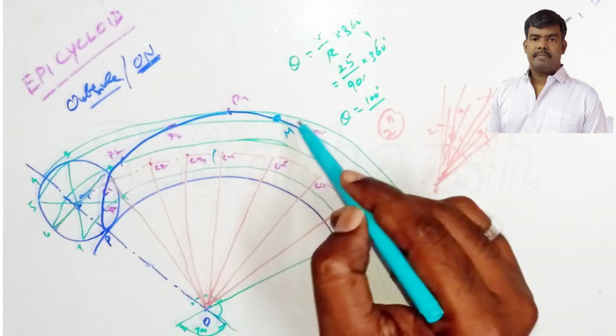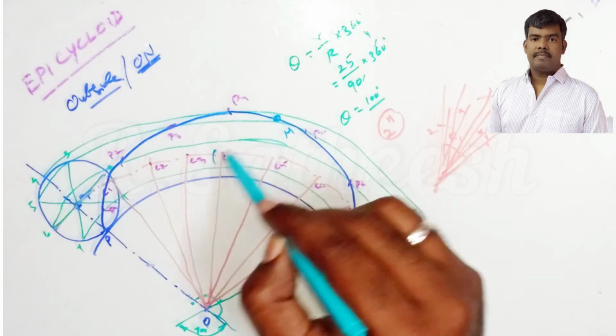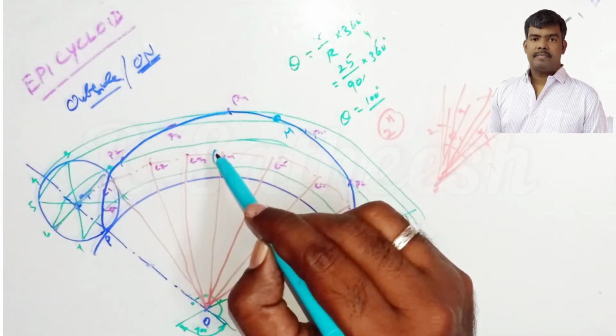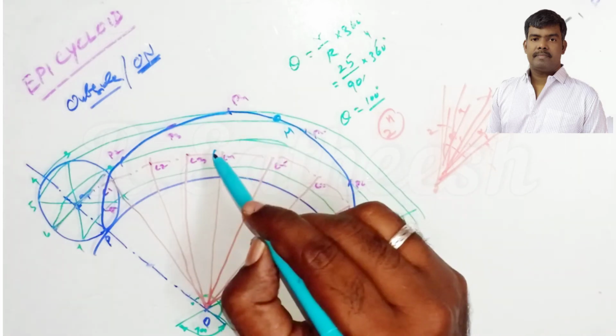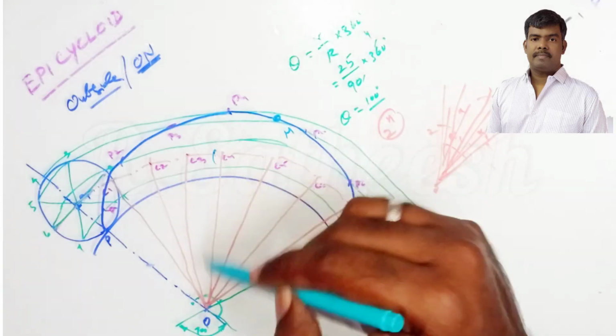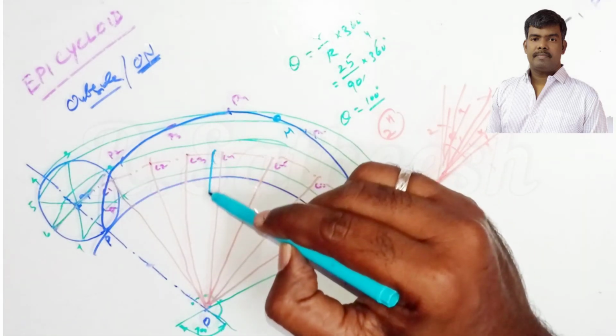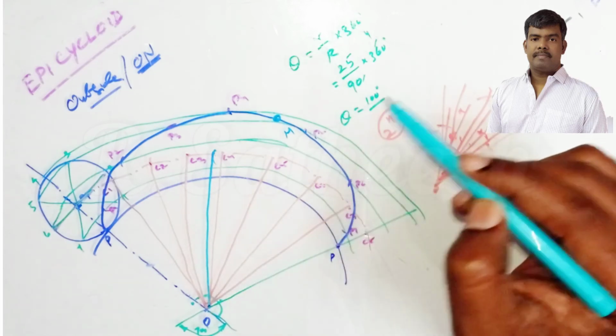All the P1, P2 points we got from the C1, C2, C3 centers. Similar case, now it is a reverse procedure. We get the M point, that is P suffix M. Now we want the center point, CM. Then all the C1, C2 points you take from O like that. This point also you join to O.